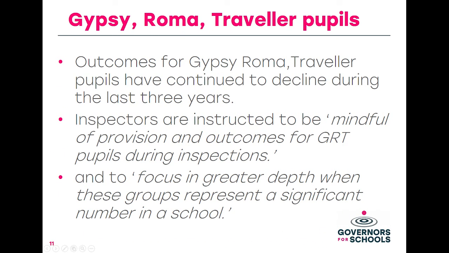This has been an area where achievement and progress for these pupils is poor across the country, and there are some local authority areas that have larger proportions of Gypsy Roma traveller pupils than others. And of the group of 8 that have significant proportions of those, some are better than others in managing their pupil achievement and progress. So it's trying to find areas of good practice and identifying those and being mindful of